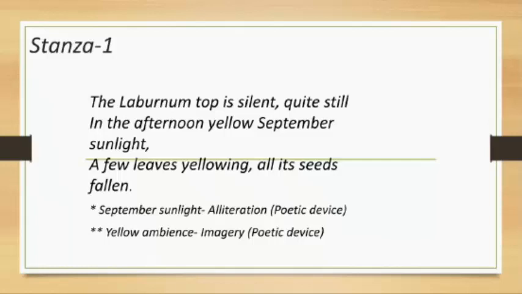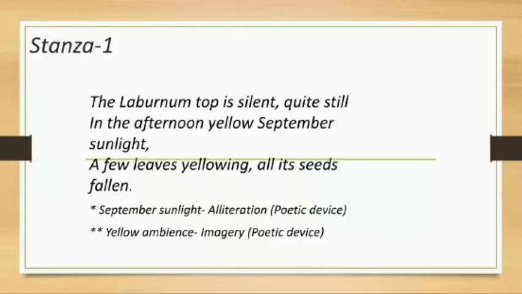If I talk about the paraphrasing of Laburnum Top, before the arrival of the bird, the poet is describing that the tree was very silent, it was passive, it was still, and it was September month, afternoon time, so there was a bright sunlight. So bright sunlight, that yellow color, right? And then the laburnum tree is also yellow with the yellow flowers, and the leaves also yellow. Few leaves yellowing, all its seeds fallen, and the seeds have started falling also because it's the onset of the autumn season,